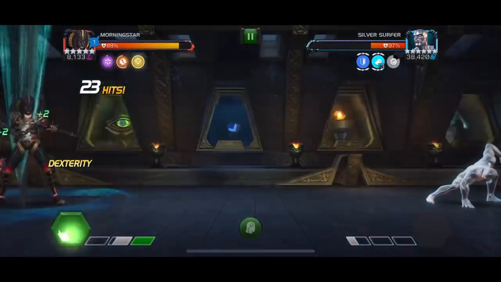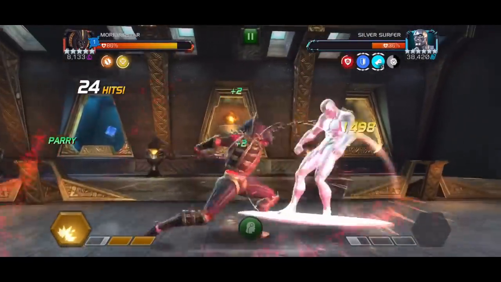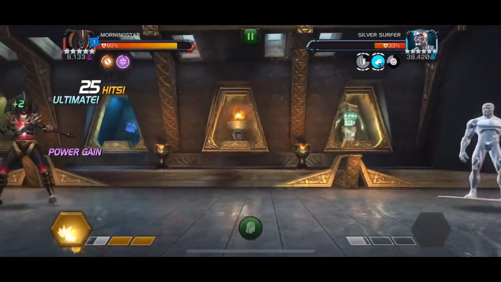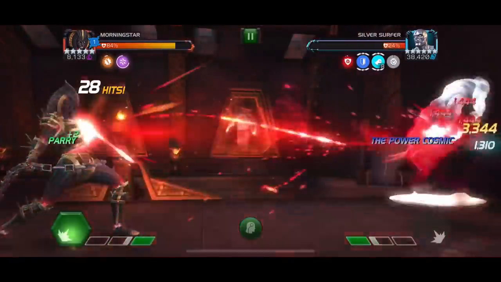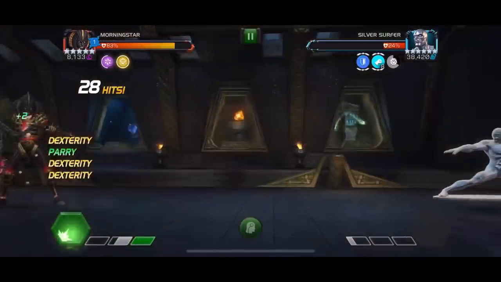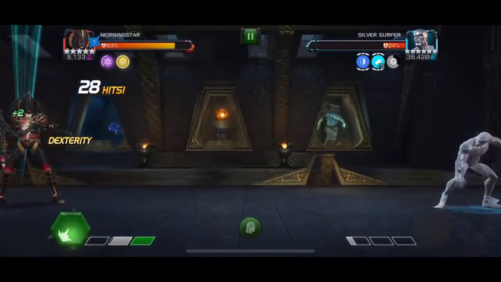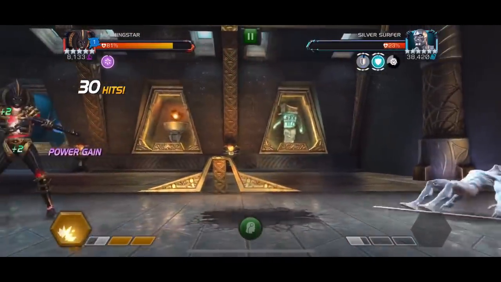And this is a rank 3 Morningstar with Mystic Dispersion at level 4. And the basic idea here is also quite cool, because you do get to nullify all of the Silver Surfer's buffs. And with that, since Morningstar typically does trigger a couple of her own, for most part you will also be stealing that power gain from the node for yourself, and you will be able to spam special attacks more